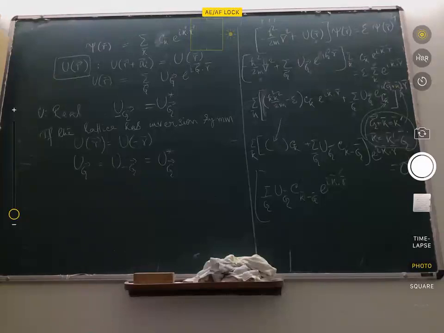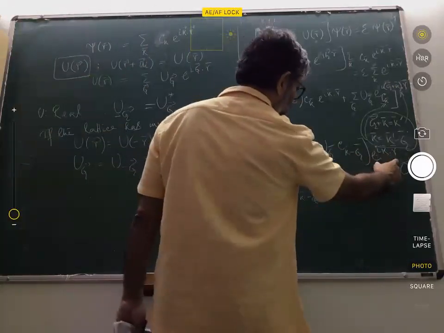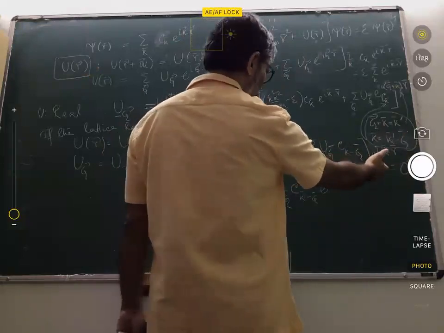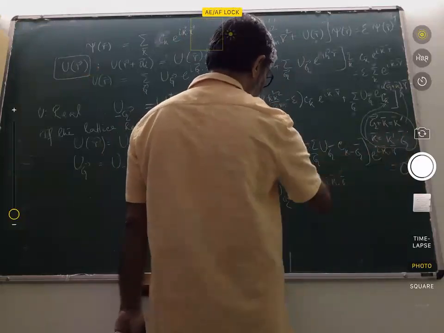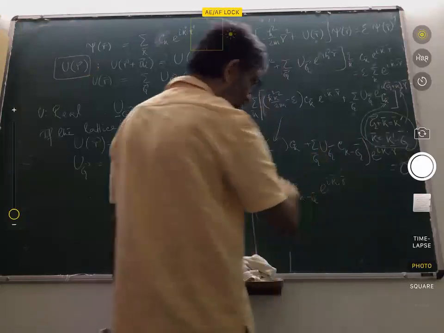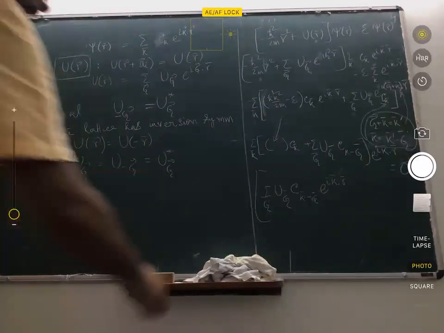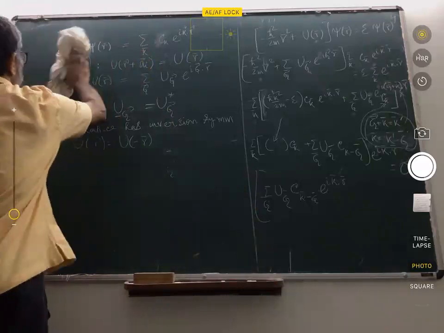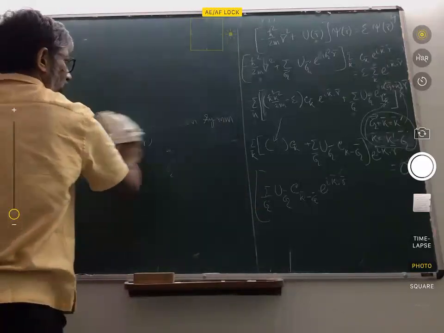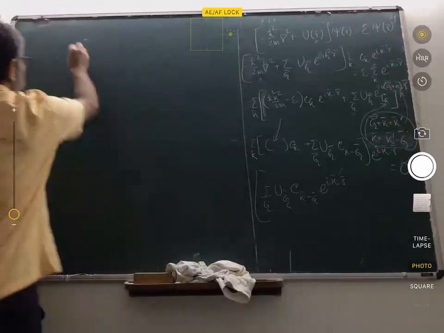Okay, so then the next argument is that these are plane waves. These are orthogonal, different for different Ks. So what we have to have is that all these coefficients for all Ks have to vanish. Okay, so we have